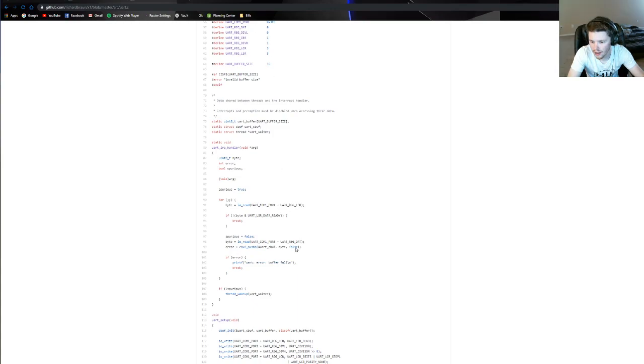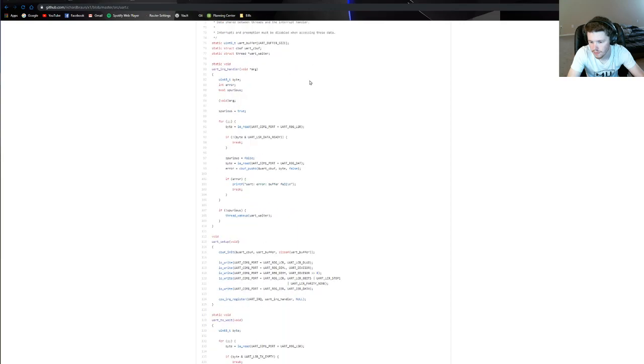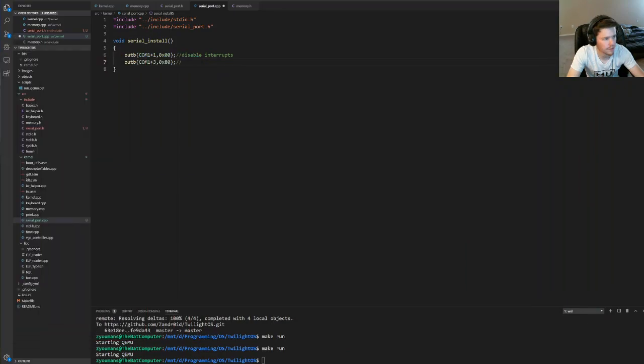So UART reg LCR, that's the +3. UART reg div low and div high are 0 and 1. Okay, so that makes some sense. So I like the way the example on OS Dev was doing it though, so I guess I'll just do